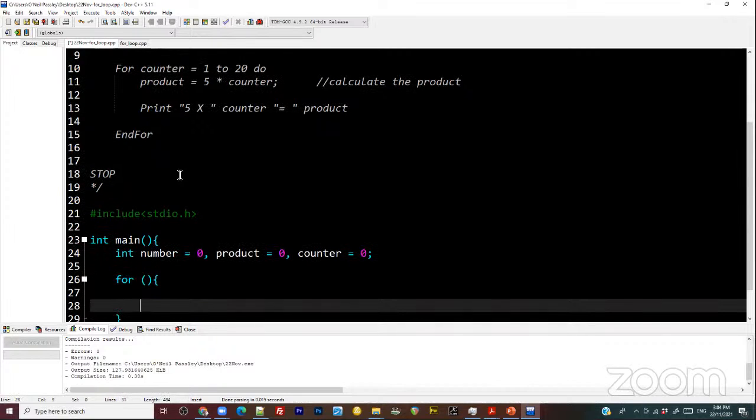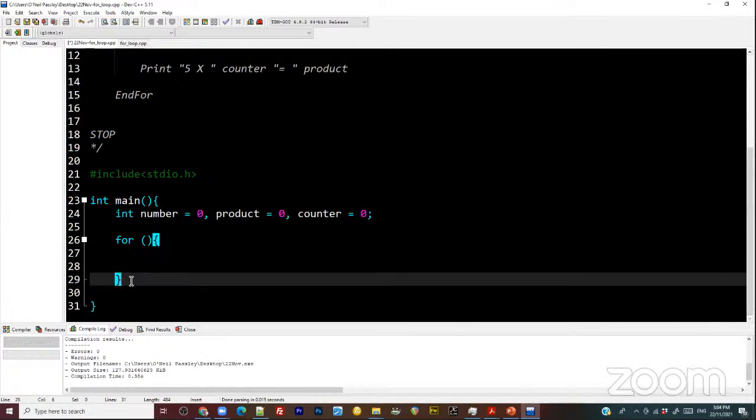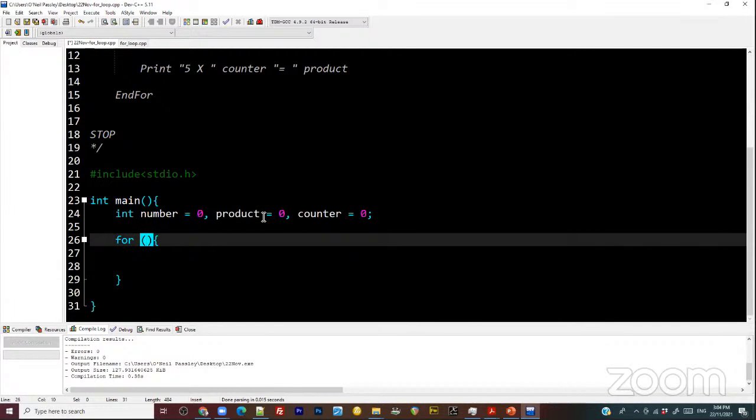All right, so this is the structure of the for loop. For, open parenthesis, close parenthesis. So we already know, we're going to say counter is equal to 1, if we initialize it, semicolon, counter less than or equal to 20, semicolon,